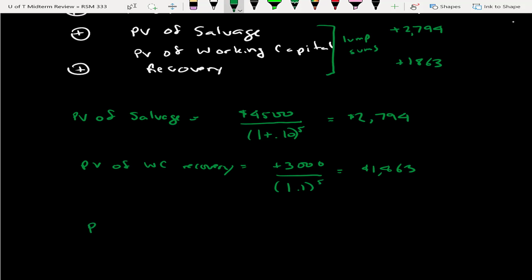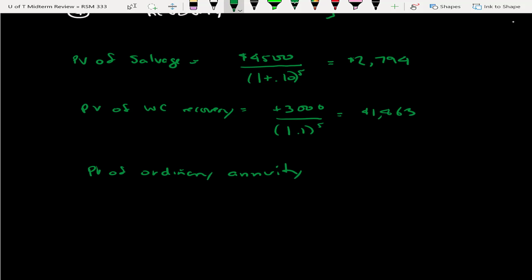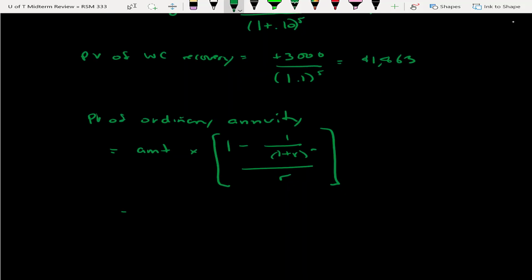And this is going to be the present value of an ordinary annuity. And this is calculated as follows. So it's going to be the amount, which will be the after-tax cash flows, times 1 minus 1 over 1 plus r to the n, or k, whatever you want to use as a discount rate, all divided by r. And in this case, the amount is $15,000 times 1 minus 1 over 1.1 to the power of 5, divided by 0.1. So we get